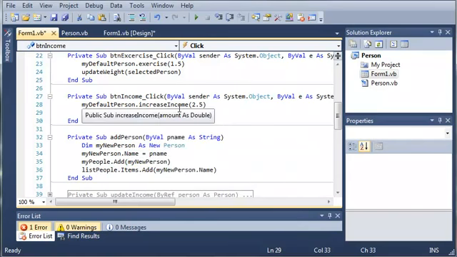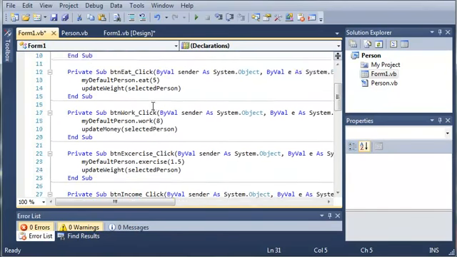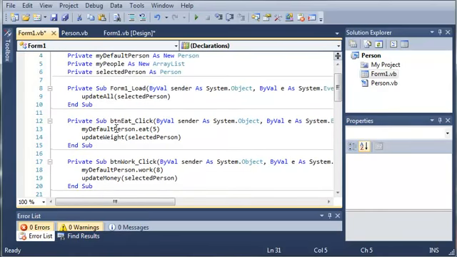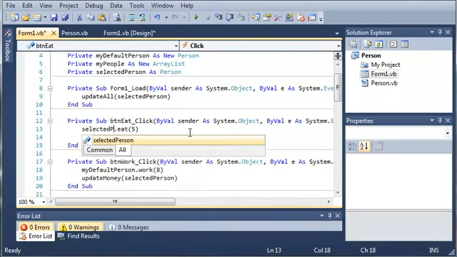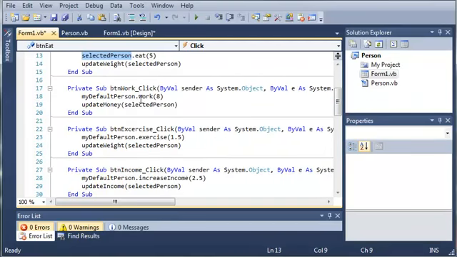Okay, so now that we've done that, it's going to update each one of these for the selected person. But you can see right here that we have my default person instead of selected person. So we'll just go ahead and type that in right there. And just to make this go a little bit quicker, I'll copy this. So copy that right there,